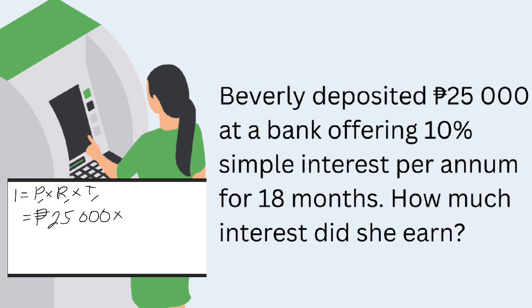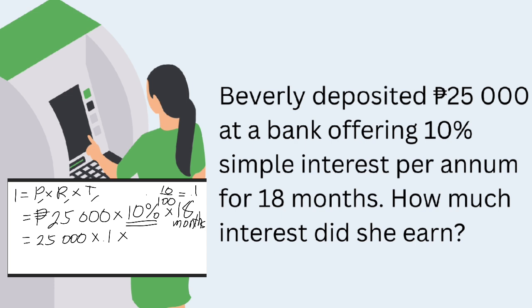Multiplied by the rate, which is 10%, and multiplied by the time, which is 18 months. So 25,000 times 10%. We will convert this 10% into a decimal. So 10 divided by 100 is 0.1. So 25,000 times 0.1 times